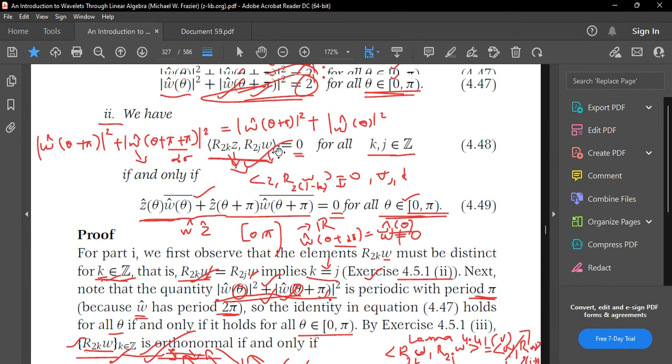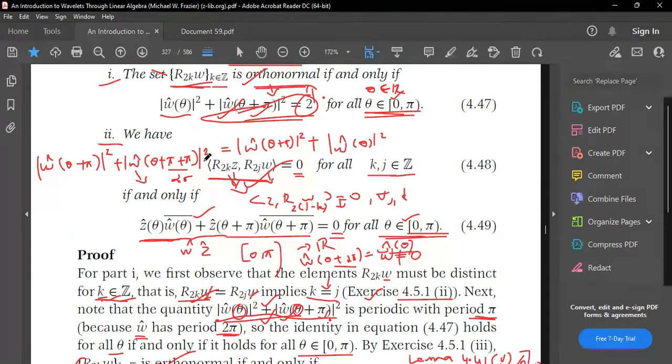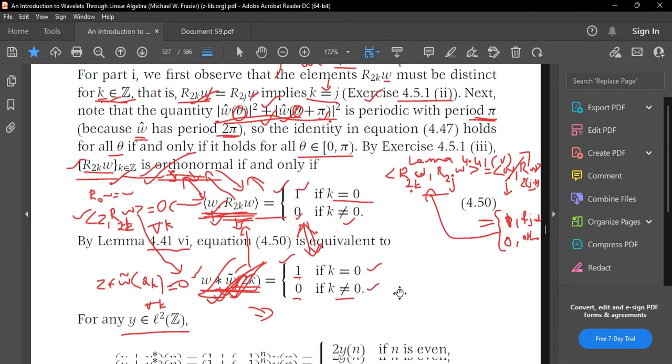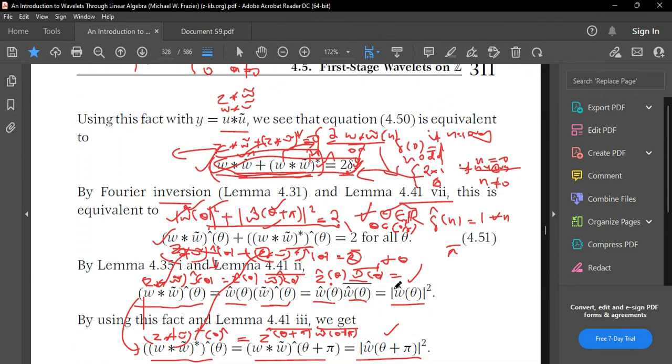So in a similar manner, as in part 1, you can prove the inverse statement also, and this statement is also true. So what have we proved? We have proved that if this set is orthonormal, then W cap of this will be 2, and if their inner product will be 0, then this identity holds for all theta. So we will now move on to